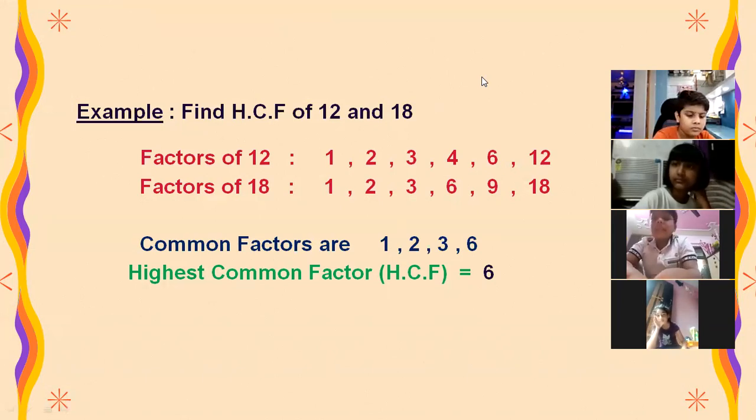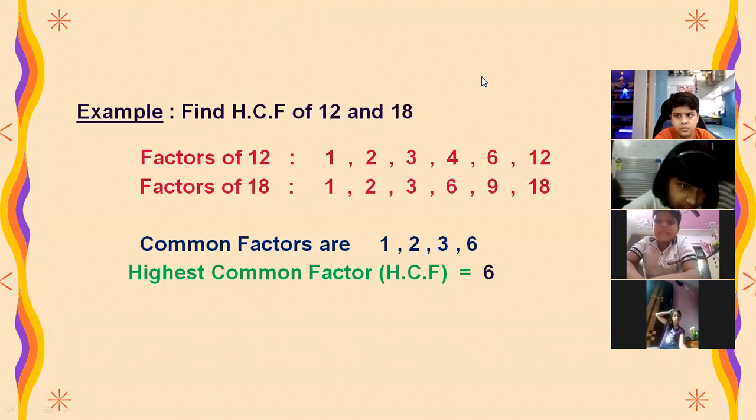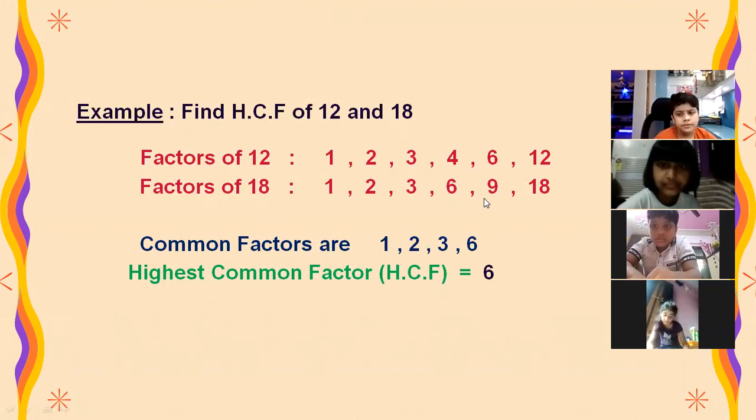We have already learned how to find out the factors through the prime factorization method. These are two different methods which we can apply. It depends upon the question. If nothing is given, you can opt any of the methods for finding out the HCF. And if it is clear that you have to find out the HCF with the help of prime factorization method, then you have to use only and only the prime factorization method. Otherwise, it depends upon your choice.